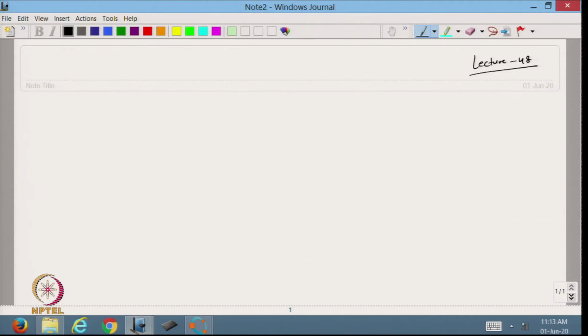Hello viewers, welcome back to the course on scientific computing using MATLAB. Today we will continue with the least square method, and we will do how we can do the quadratic fit. Then we will also make some MATLAB codes in Octave just to verify whether we can find the different polynomials using data or not. So let us start doing this one.